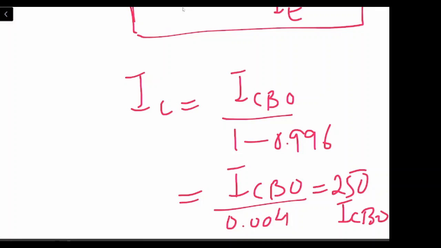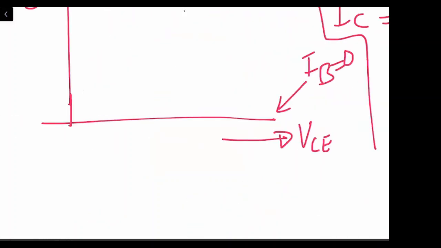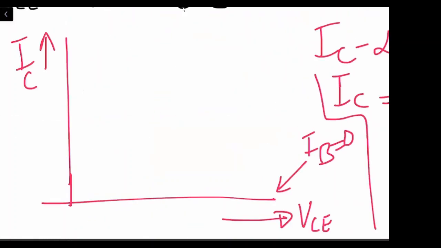Now this value over here is representing ICEO, which is the value of the current flowing in the collector to emitter circuit when the base is open. So this means the value which we are going to get when IB is equal to 0 on the output characteristic curve will be something like this, which is not